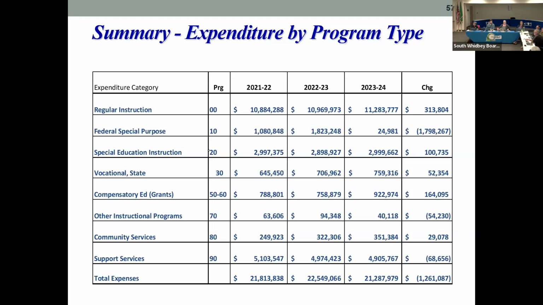That goes down slightly. So you see we're reducing expenditures from last year by a little over $1.2 million. And that doesn't include the escalation we would have seen based on the cost of living. So the reality is we really looked at about a $2.3 million change in our budget had we moved everything forward and then reduced from there.